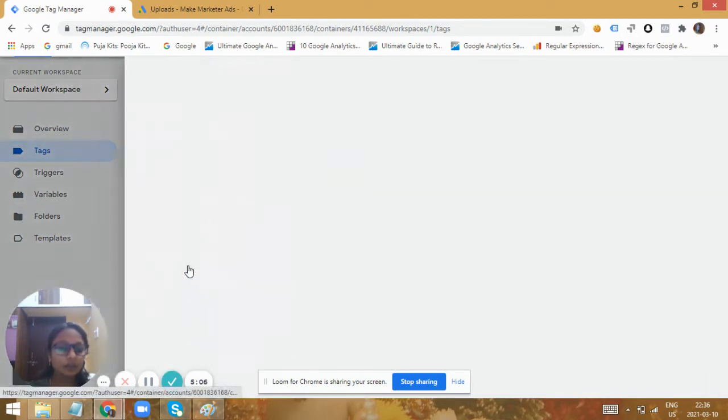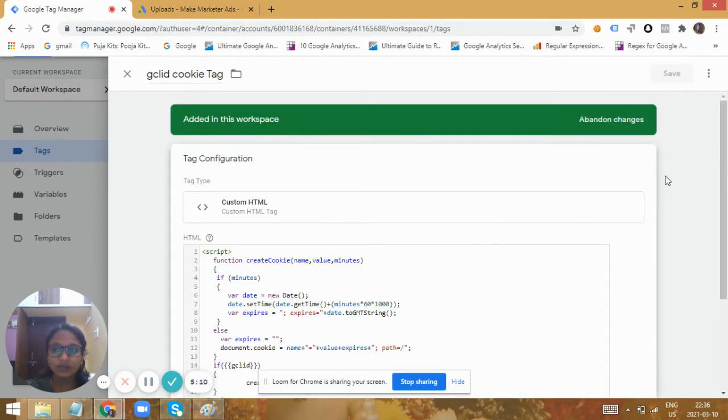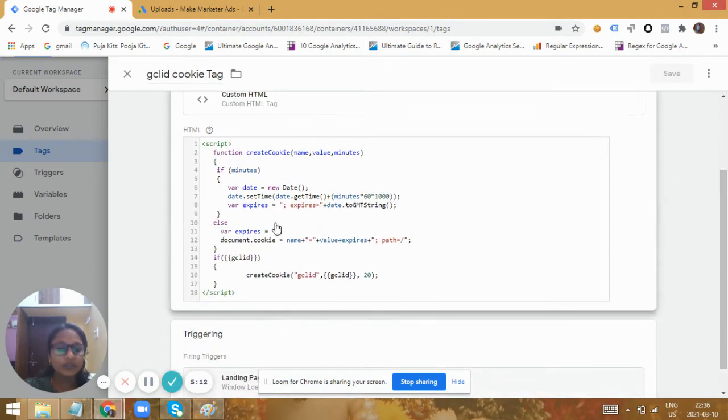For that, we need to drop a cookie, as I mentioned before, that will capture the GCL ID from the URL. So when the user comes to our site by clicking on the ad, we'll drop a cookie on the user named GCL ID. If that particular variable, the GCL ID, is present in the URL, then we need to drop a cookie on the user named GCL ID with the GCL ID value. And we can then set any number of minutes or days for the expiration of the cookie.